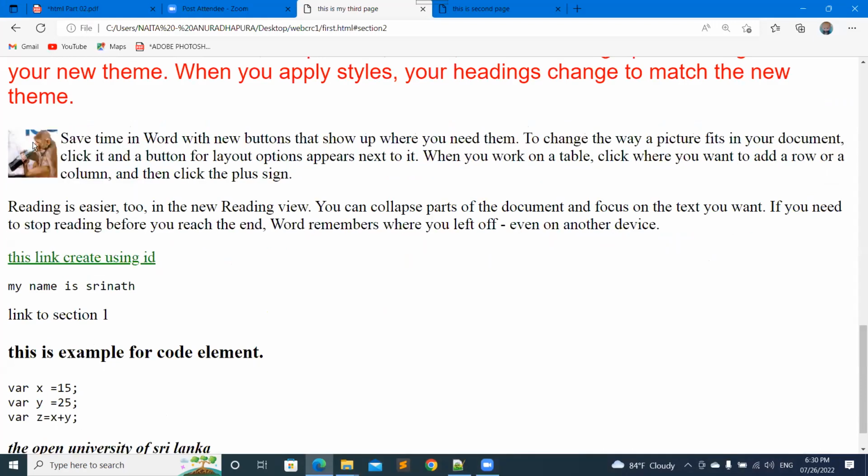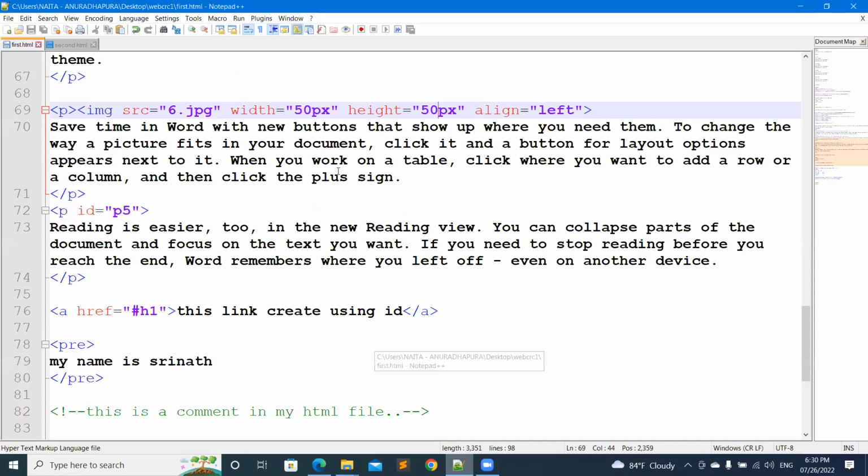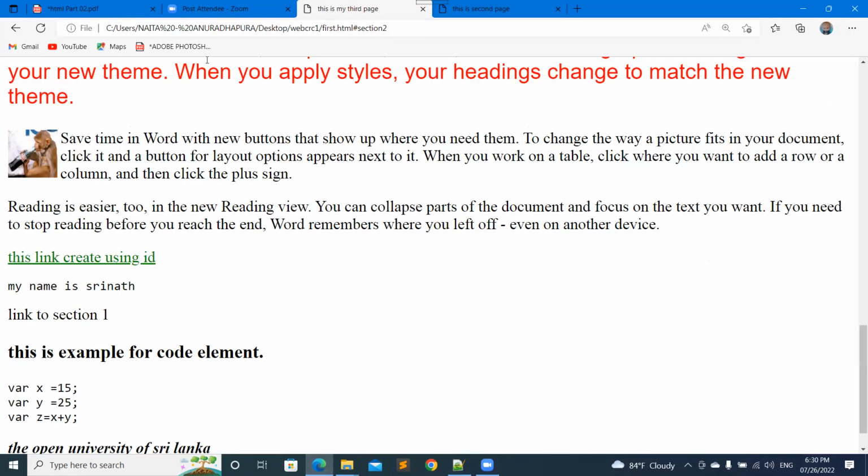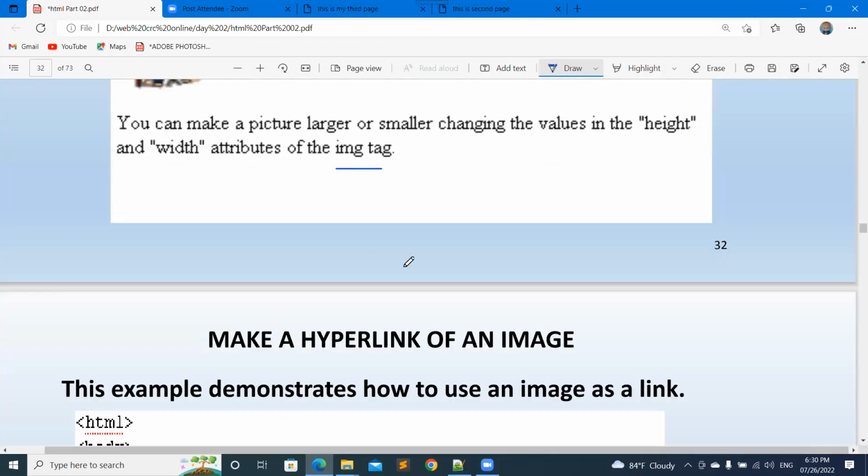It is smaller, and also it is symmetrically smaller, no? On one side it is symmetrically smaller or bigger. That's why we change two values, height and width. Okay, now